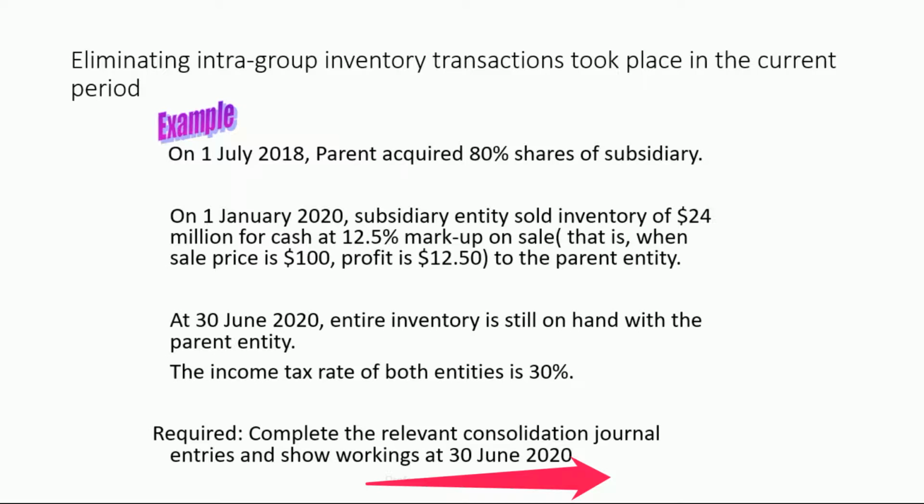What we need to realize here is that the acquisition took place 2 years ago and parent acquired 80% of shares or the ownership of the subsidiary. But when it comes to intergroup transactions of buy and sell nature, we eliminate the unrealized gain and overvaluation in full, 100%, regardless of the ownership percentage.